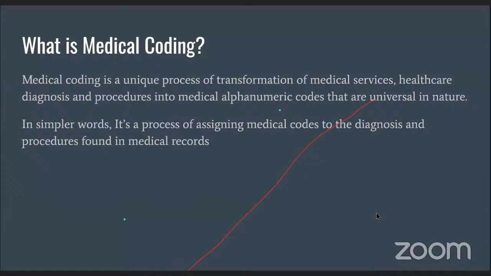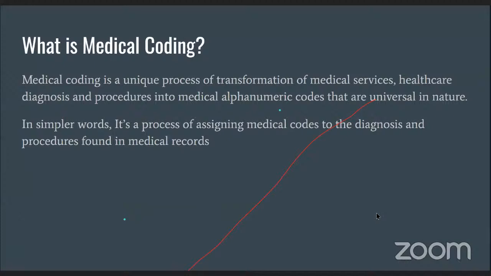So anyway, you might have heard a saying that there is never going to be a recession in the healthcare sector, and that is absolutely true. With modernization and literacy rates going up day by day, people are even more conscious about their health and thus investing in health insurance plans. This significantly increases the demand for medical professionals every year around the globe. And of course, that includes medical coders and billers.